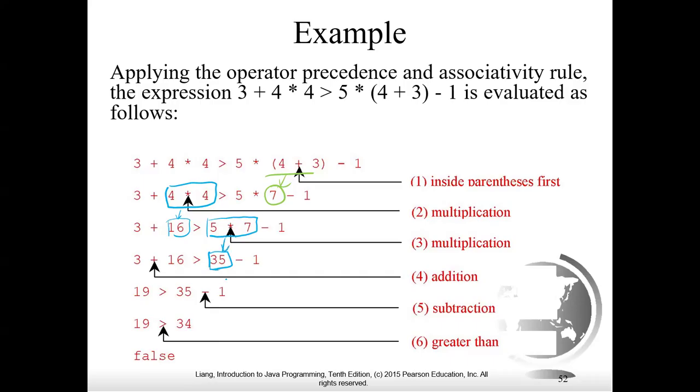And once we have such an expression, we do everything from the left-hand side to the right-hand side. Since plus and minus have a higher precedence than the relational symbol,